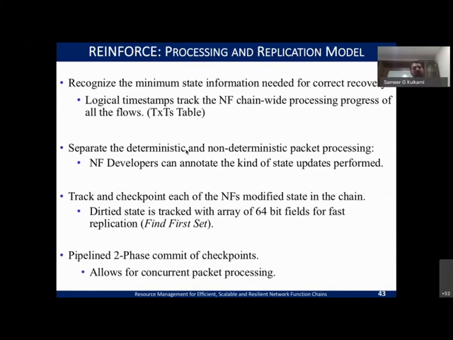And the major challenge, especially with distributed systems, is that when you try to update, you have a two-phase commit scheme. What that means is that until the commit happens, if it fails, you have to roll back. If it works, you continue. But whatever the processing that happens until the commit occurs, till the period that it needs to terminate, you cannot process. But we said, why can't we pipeline this scheme so that you have a pipelined two-phase commit, so that you are keeping track of the timestamp and you know within each pipeline what are the packets that can be processed and what are the commits that need to occur. So these were the key fundamental things that we saw can enable a good resiliency framework.